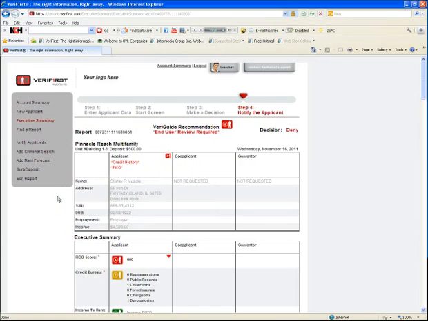VeriGuide recommendation and leasing decision. Your account can be configured in one of 2 ways. VeriFirst can make a pass or green, a conditional or yellow, or fail red recommendation, known as the VeriGuide, based on the background screening results. Your staff can then review the full details or partial details of the screening report and make a leasing decision